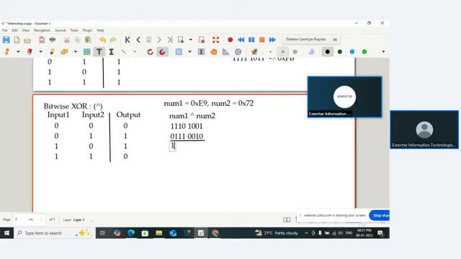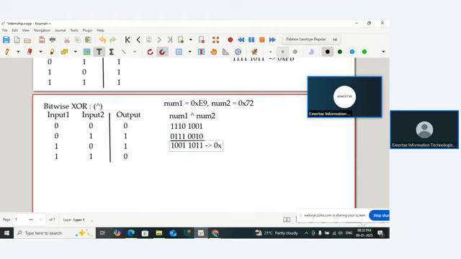Then the inputs are the same, so the output is 0. Same, different. Then this is 1, inputs are different, same, different, different. Okay, so the output is 0x